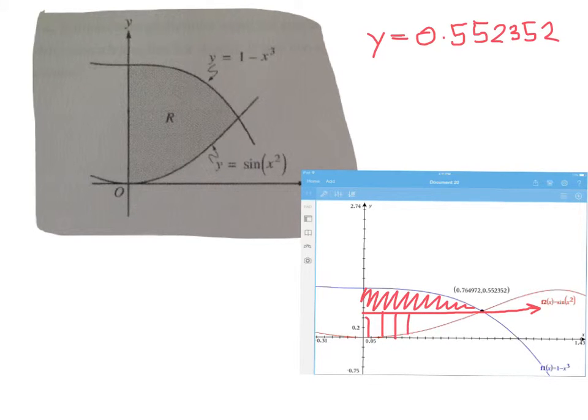Okay, got that? So we want to know, does this area here equal the area below the line? What I'm going to do is find those two areas and then compare them. The lower limit is 0, the upper limit is 0.764972. And I'm going to go the upper function minus the lower function. Well, the upper function is 1 minus x cubed, and then minus the lower function, which is our